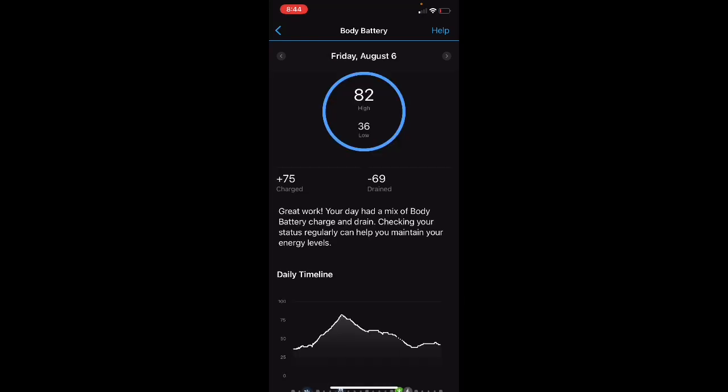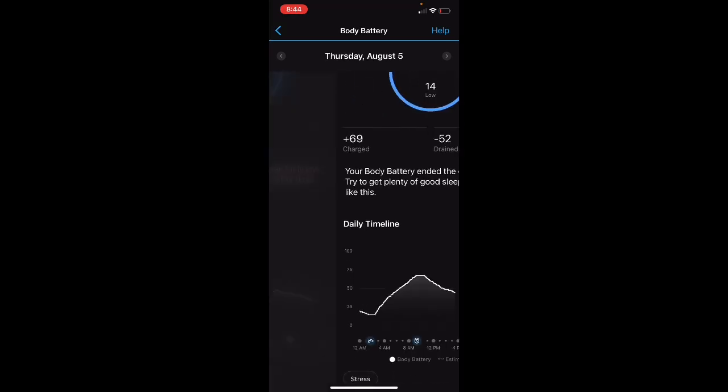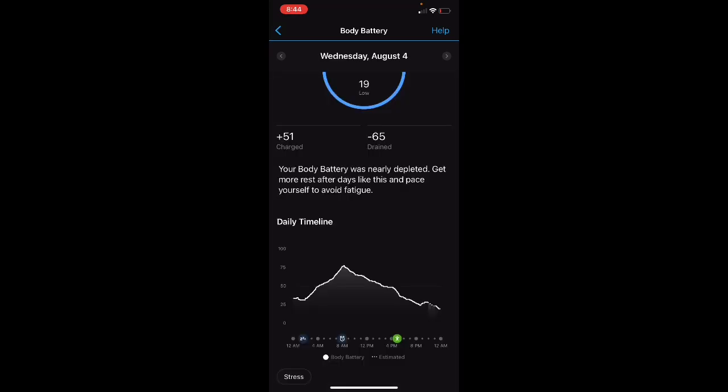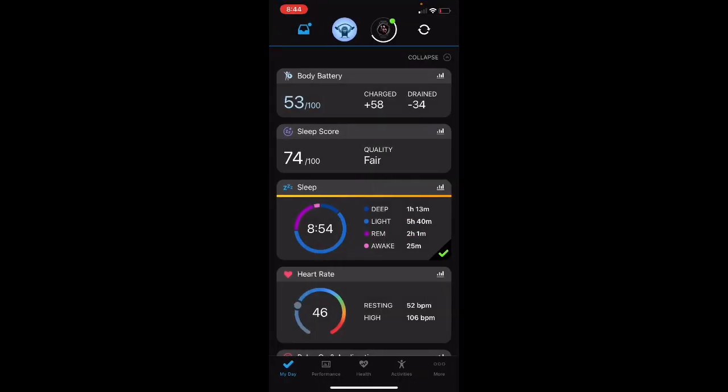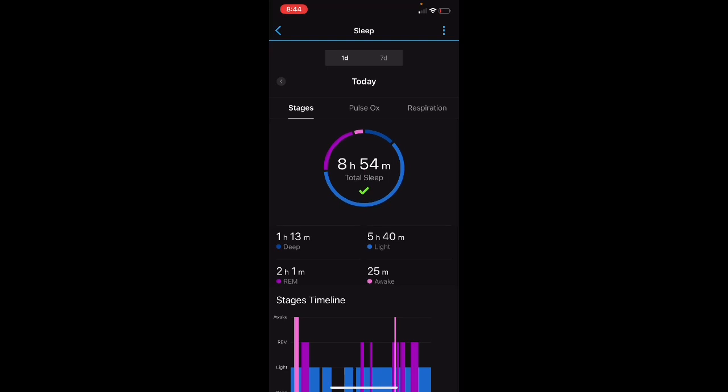You can see your overall impact of the day on your life and how it's drained you. You get good sleep information. So now they've added this. This is going to come to the 245. It's the analytics from